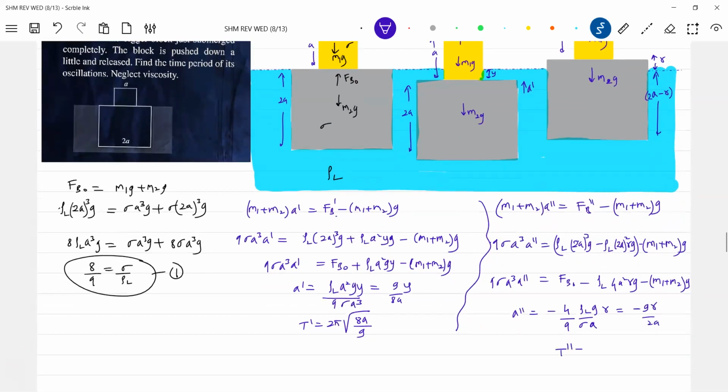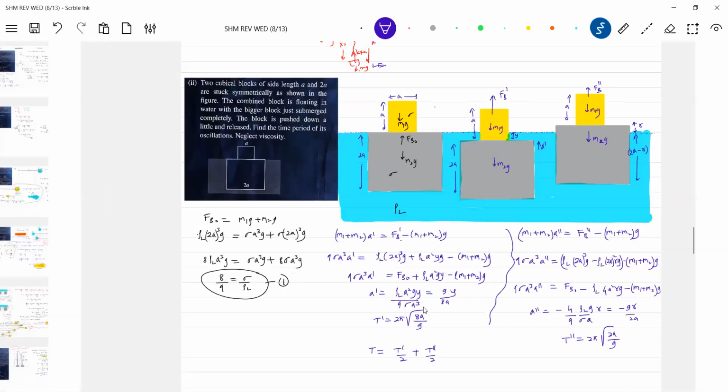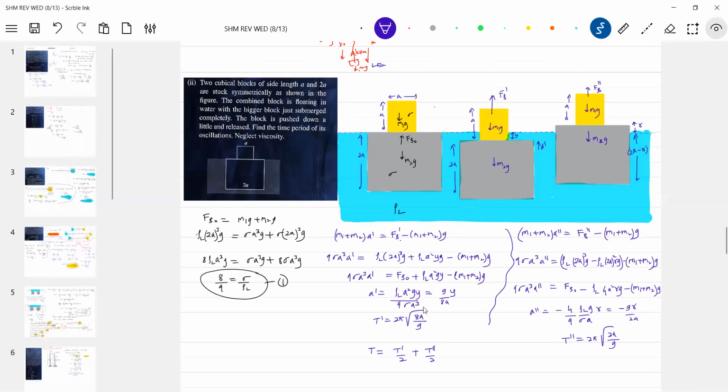The time period of this, will write it. What is the time period of oscillation going to be? T is equal to T dash by 2. Why should I do like this? One oscillation, no? For half of the time, we see this condition because it'll go like this and come, no? So this is the mean position. Now lower extreme, then mean. For half of the time period will be this much. Once this bigger block starts emerging out from the surface of the liquid, then it will have a different time period.